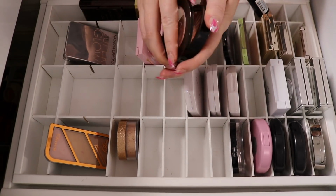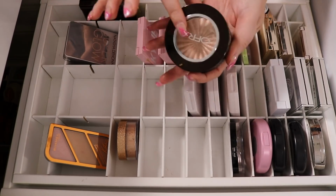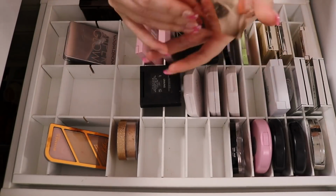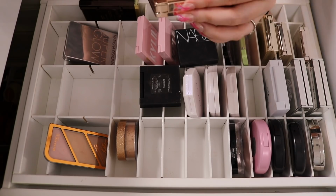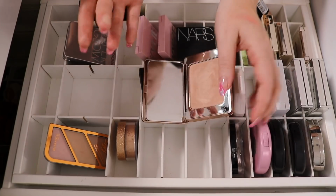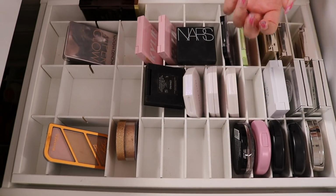Got Glow Goals by Ofra. Can you get this anymore? I'm not even sure. It's kind of similar to the others, so I might get rid of that. We have another Glow by Natasha Denona. This is the All Over Glow Face and Body Shimmer Powder in Light. Looks like this. I might get rid of that one because the other one's way more, I don't know,